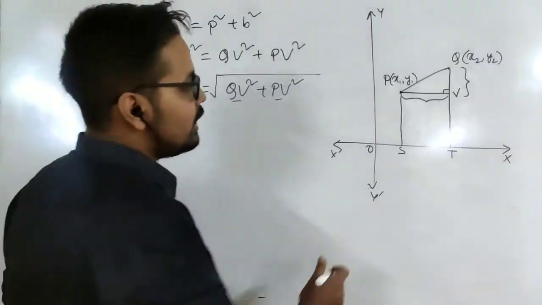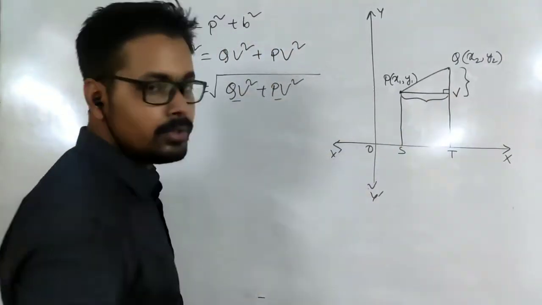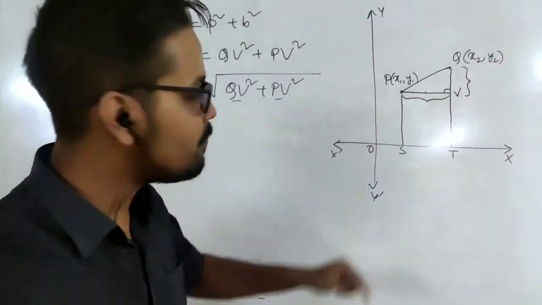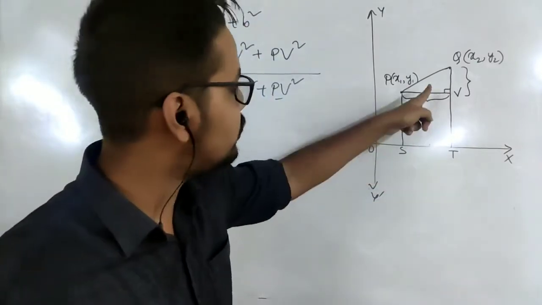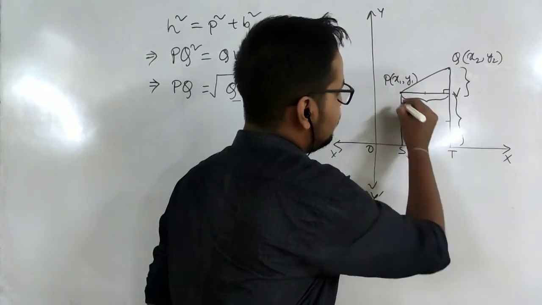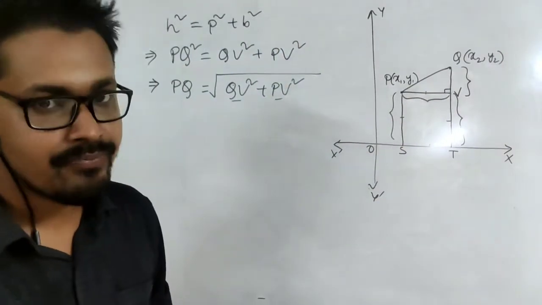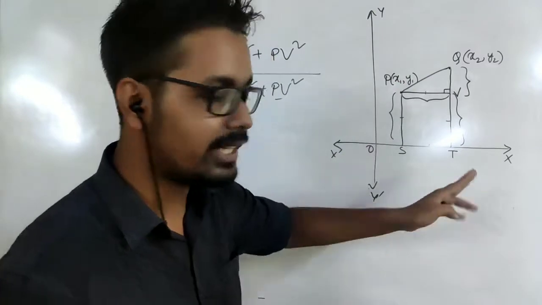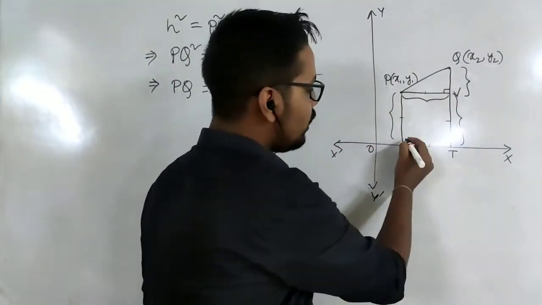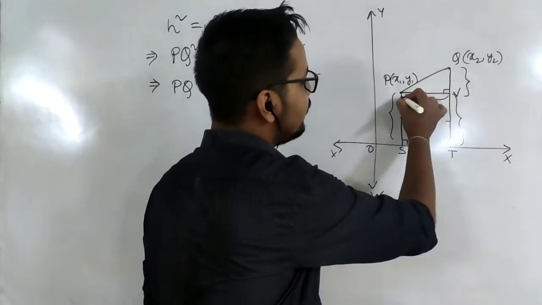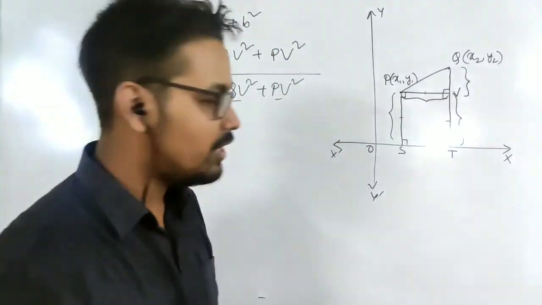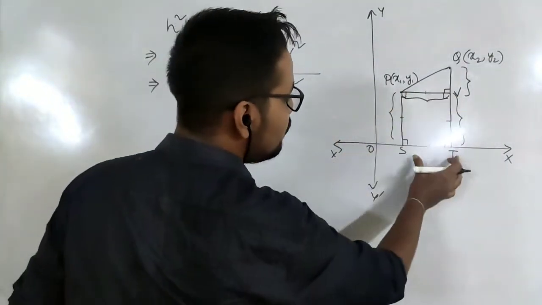Okay. Now, as we have drawn this perpendicular, what have we formed? These two sides will be equal. As you can see from the diagram, we have just joined these 2 points. So these two sides will be equal. Also, these two parts will also be equal, right? Because this is also perpendicular. These are parallel lines. So that means the opposite sides are equal, and all angles are 90 degrees. It means what? This is a rectangle. If it is a rectangle, this PV will be equal to ST.